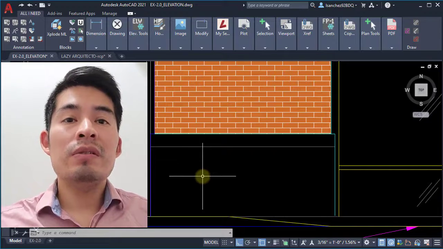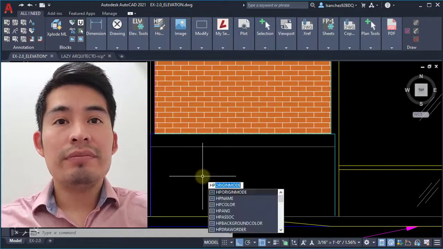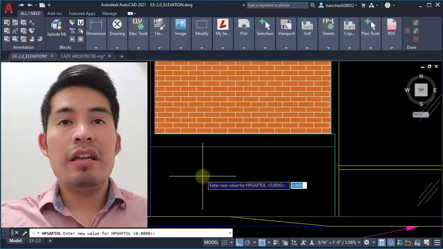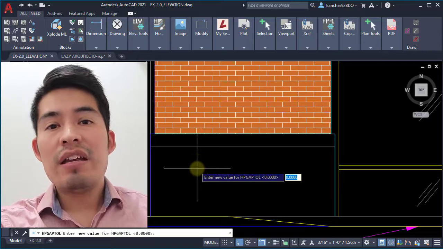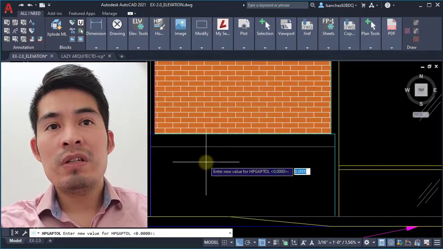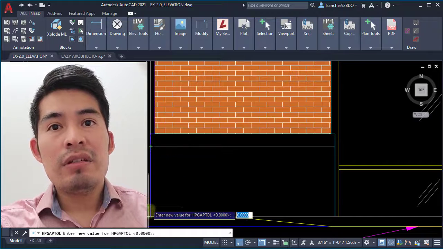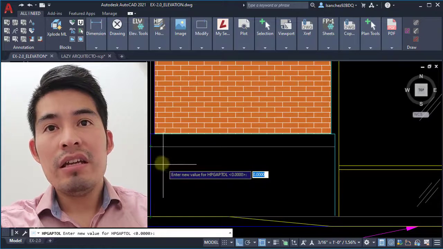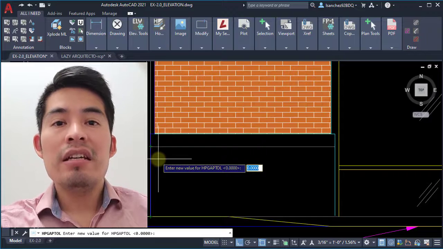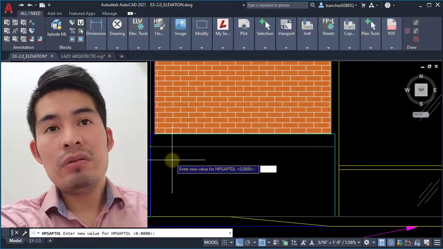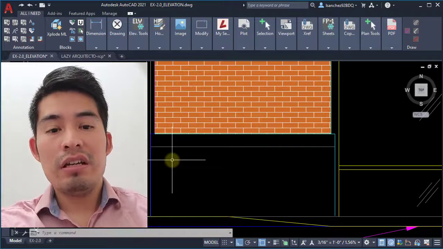So for this, let's use the HPGAPTOL system variable, and as you can see right now, it's set to 0. That means any area that you're going to hatch needs to be closed. But if we set it to 1 or 2, let me set it to 1,